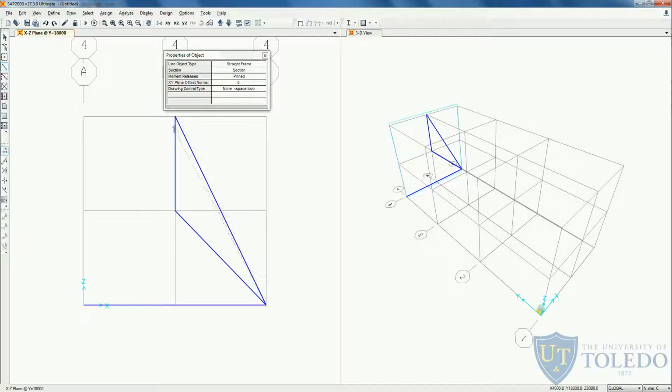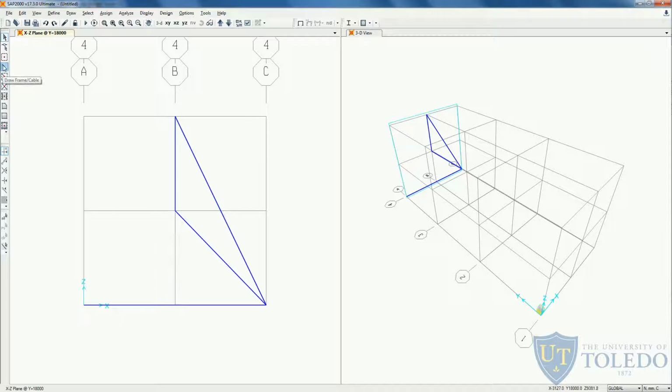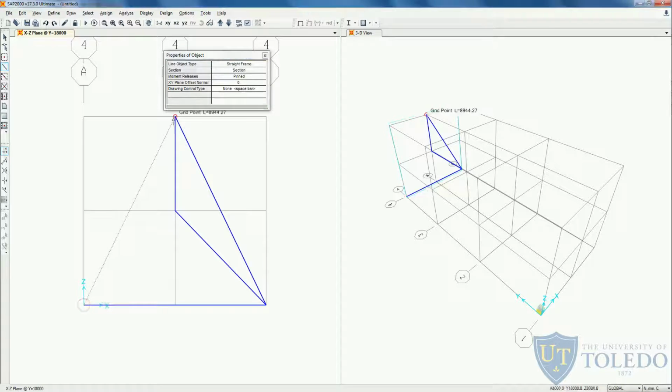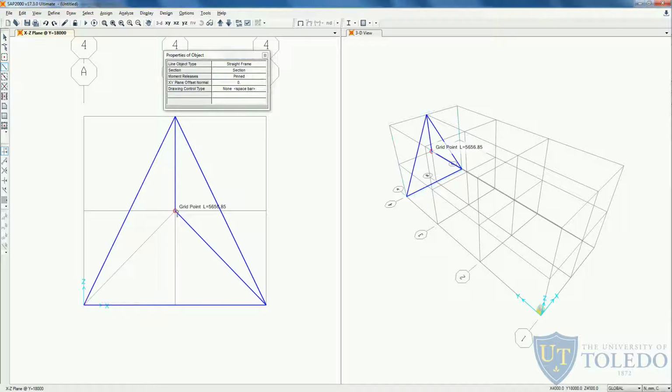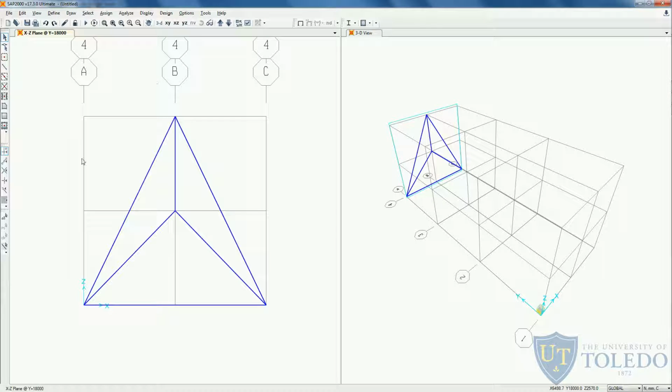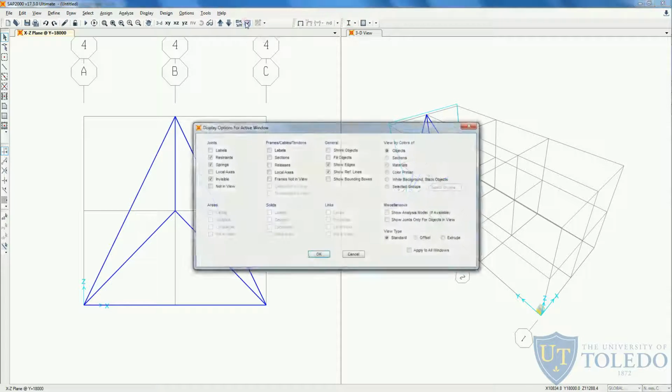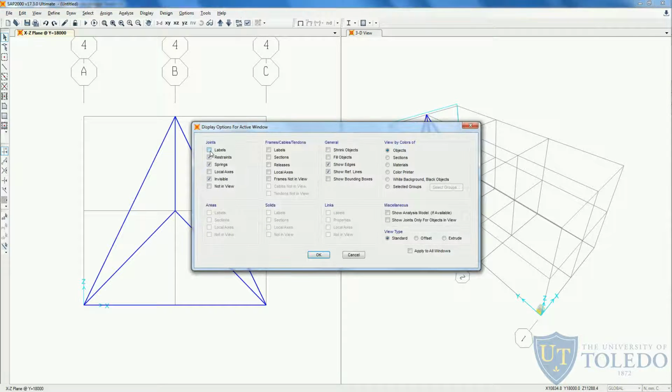So now we want to create this part here, from here, and then from here, here. So we just hit ESC or escape to get out of this node over here, and click again on the tool, and we can come from here to here, and hit escape again, click on the tool, and come here from here. Now, if you want to check that our nodes are created at the right numbering that we specified on the problem, we can come to the Set Display Options and select the label of the joints and